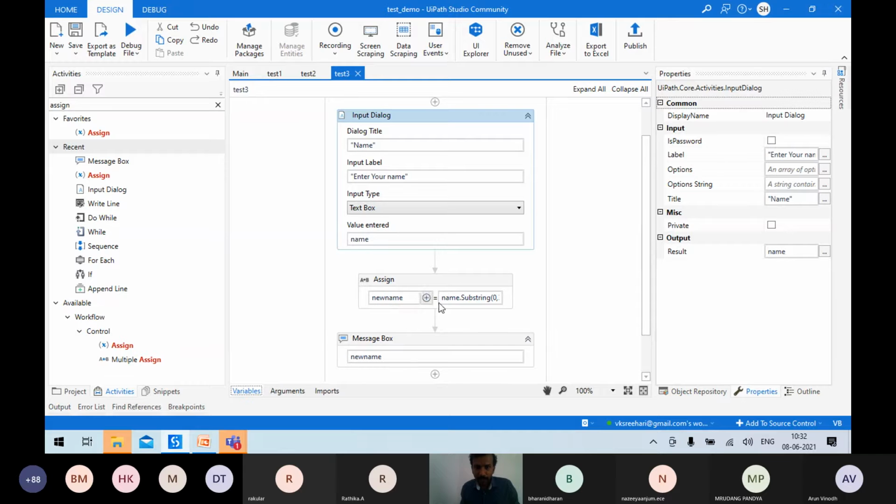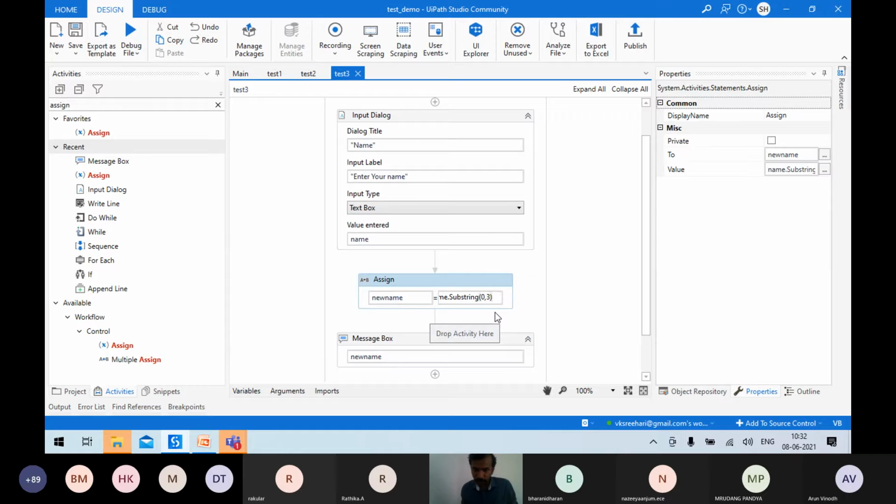So we use the Substring method to access part of the string. The variable which holds the name, dot substring, and inside the brackets you type 0, 3.